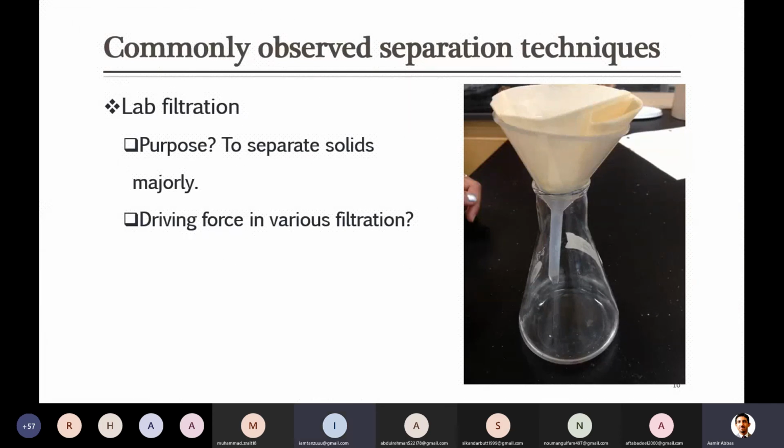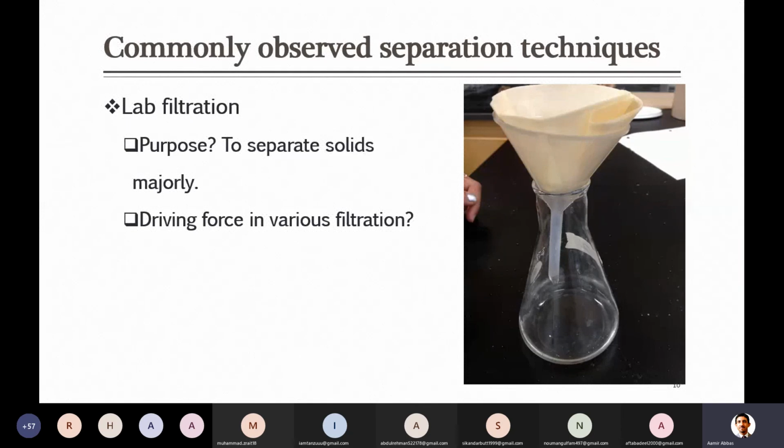The size of the pores is not enough for solids to pass through. Exactly. Because this separation is taking place based on the pore size. So we use such a kind of filter which does not allow solid particles to pass through. Only the liquid will pass through. So when gravity acts, the liquid will start penetrating and go down. The same thing, as I already said, for the driving force in the case of another filter, maybe you have to push, you have to pump the liquid.